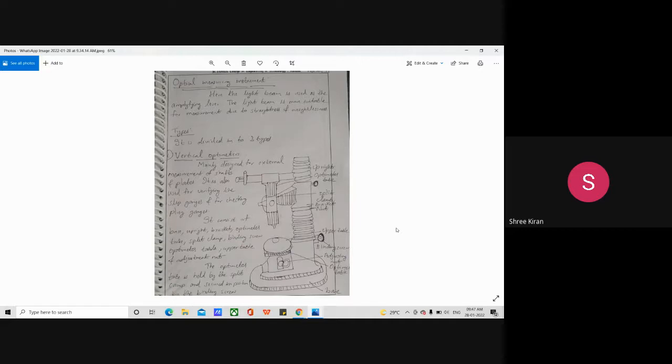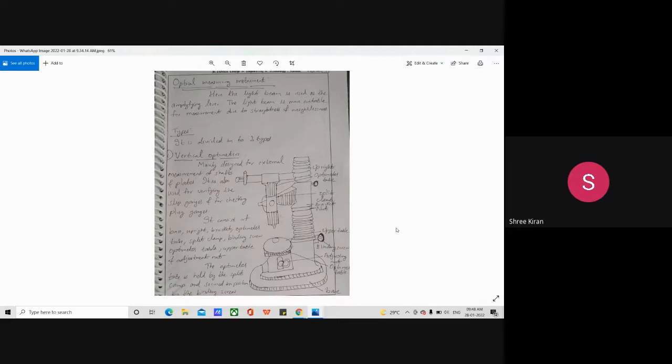An autocollimator is an important optical instrument that is used for measuring small angles. But in this topic today, we are just describing the various optical instruments, their purpose and requirements. In general, please note it down, an optical instrument should have the following essential features. It will always have a light source, and it will have